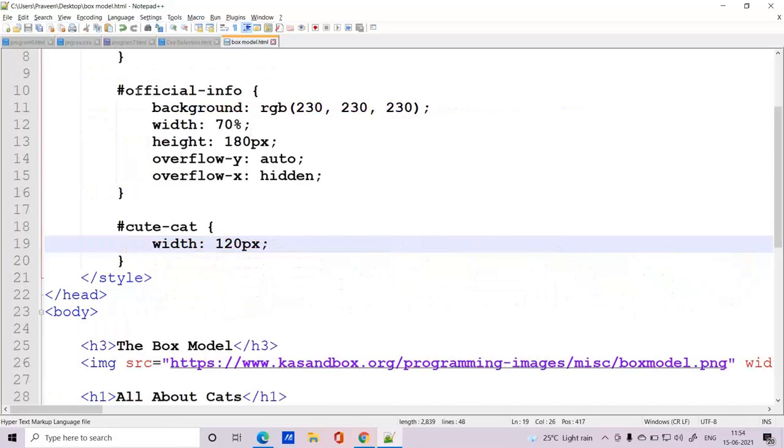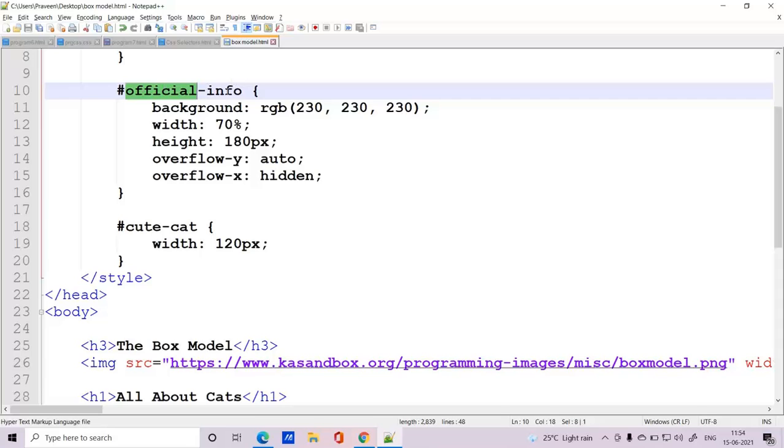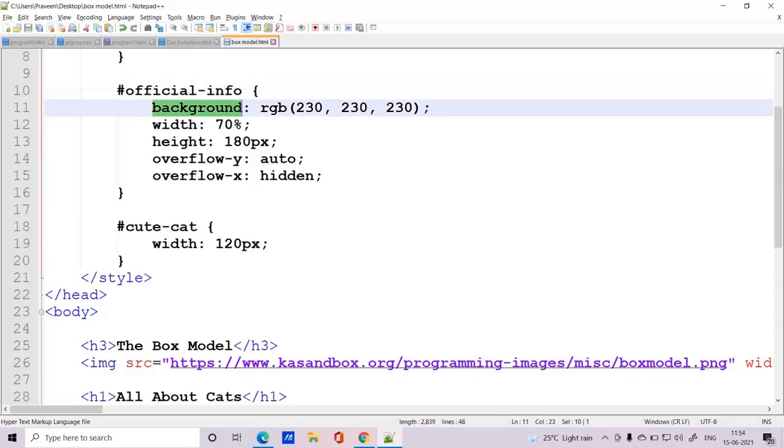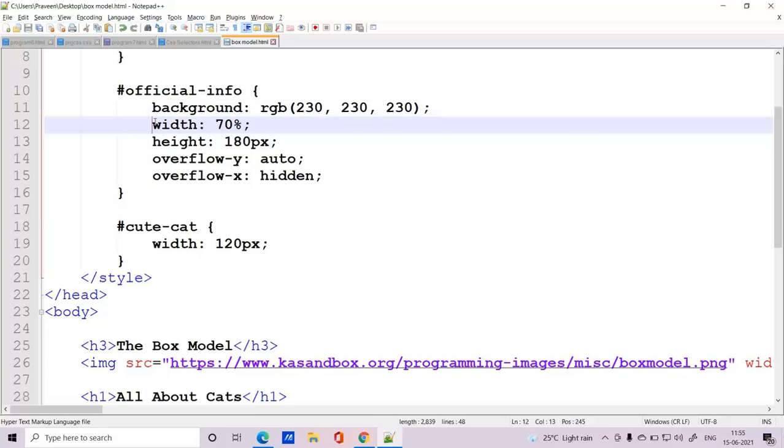If you go to CSS, I'm going to give the hashtag. As I told you, hashtag represents the id selector. When I'm using the id selector, I'll be using official information. And what are the properties that we are going to add? We are going to add background as rgb, with some value given. I told you we can add different types of background colors for content by using either hexadecimal numbers, or the color name, or anything. I've used this method, mentioning rgb, the percentage of red, green and blue, and it will be followed by width.